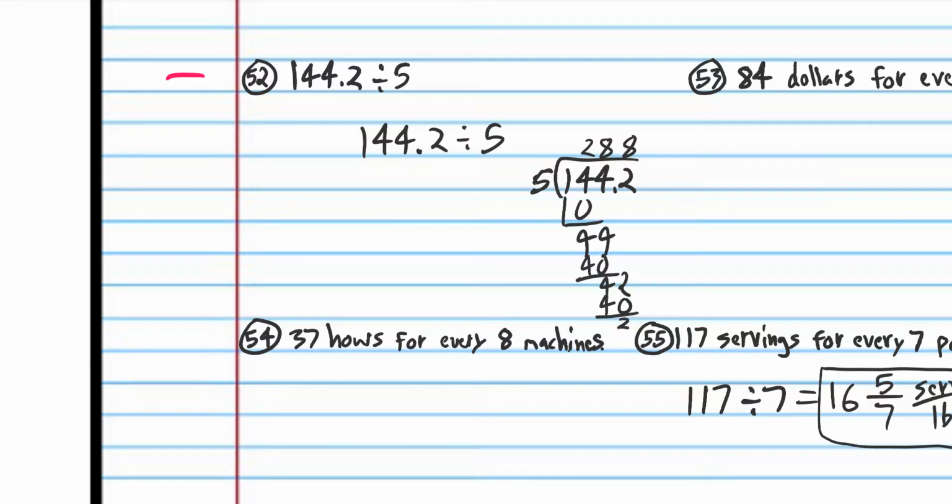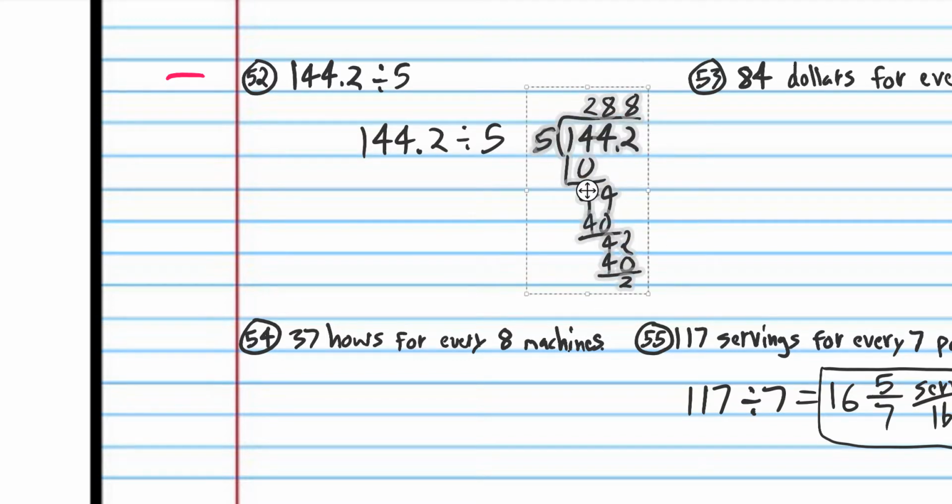So the number down there, 2, is the remainder. And so we bring the decimal straight up, and we have 28.8, but it's not right to say remainder 2, and it's not right to put a mixed number because